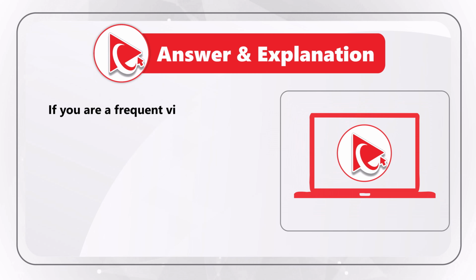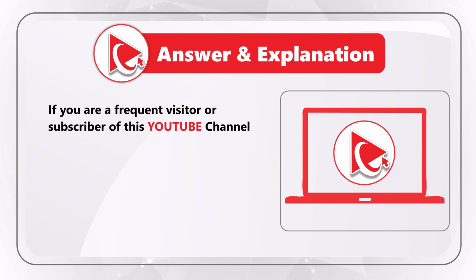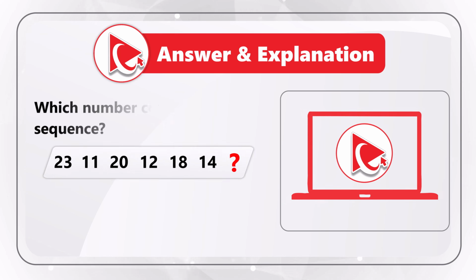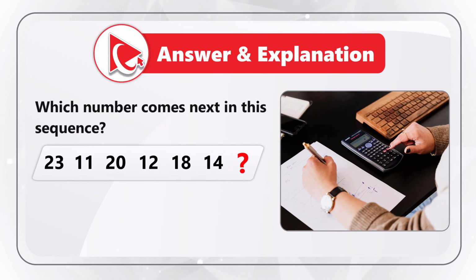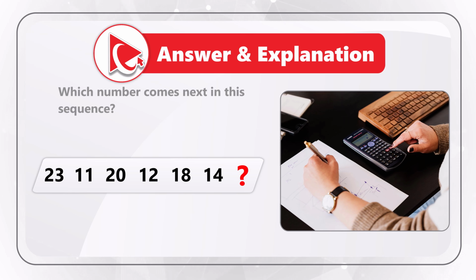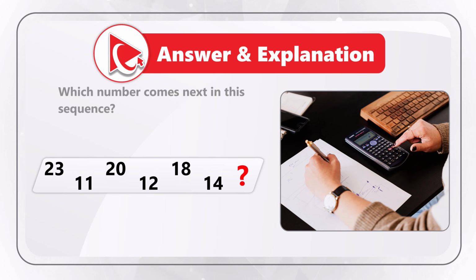If you are a frequent visitor or a subscriber to this channel, you know the rule. And the rule is to find the pattern. But in this particular question, there are 2 independent patterns. Let's look closely so I can share them with you. The numbers 23, 20, 18, and 17